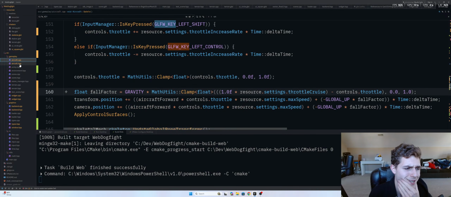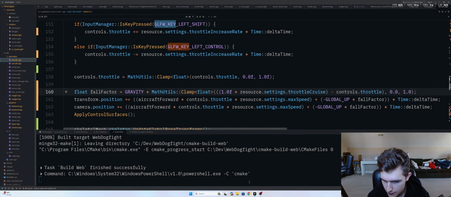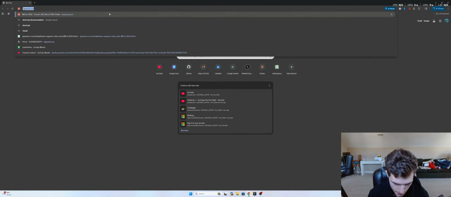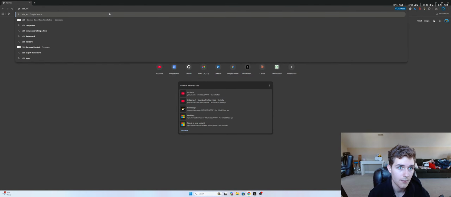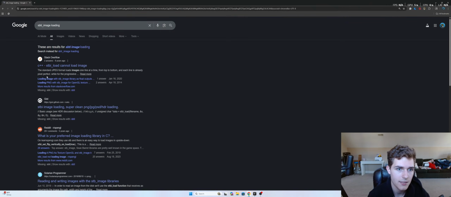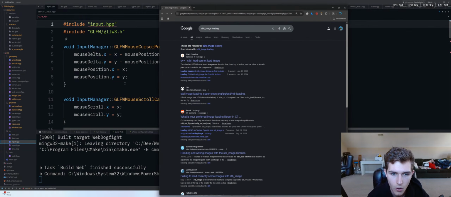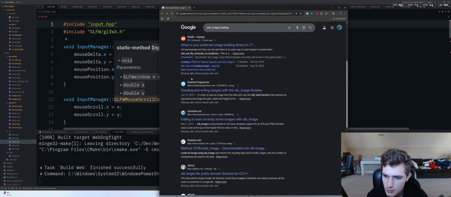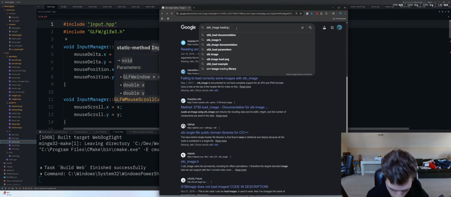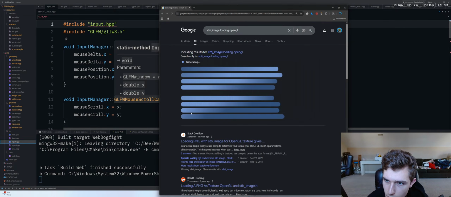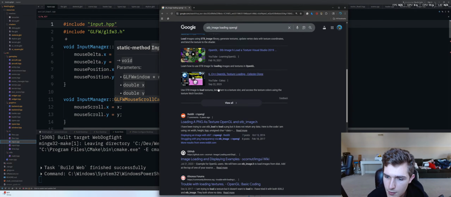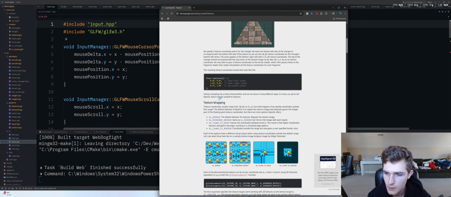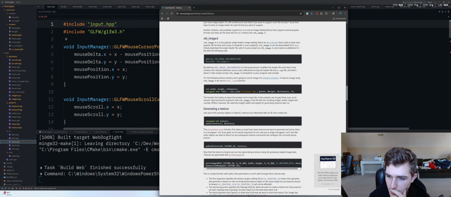What were we going to do? Terrain loading. I'm so sorry. All right. How do I load an image from scratch? STBI image loading. I have STBI installed. What? That's not it. OpenGL. There's a learn OpenGL page for this. I know there is. Yeah, textures. There we are. Texture coords. Although I don't need any of that. I just need